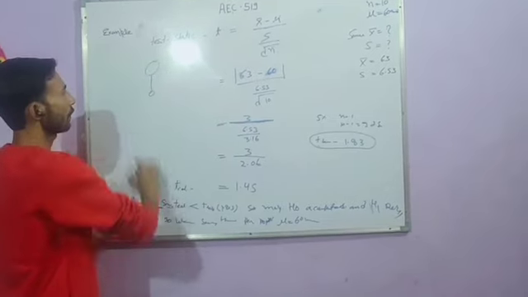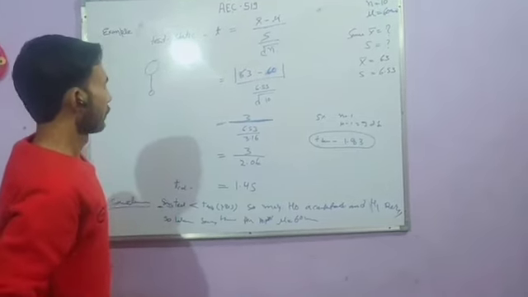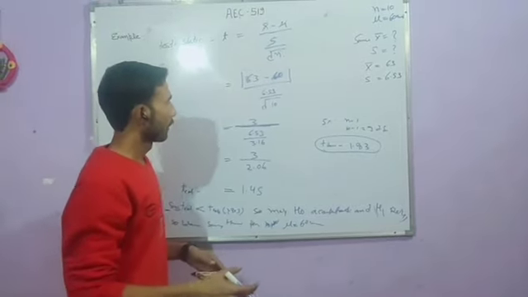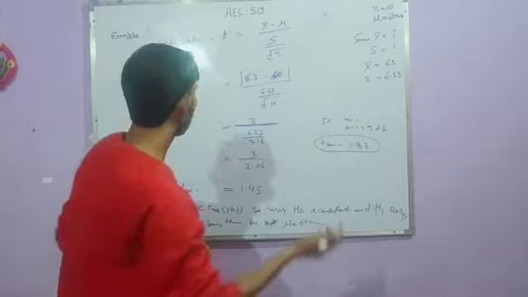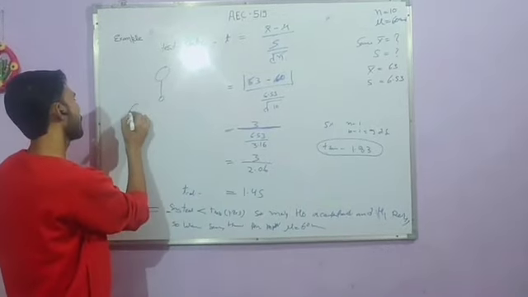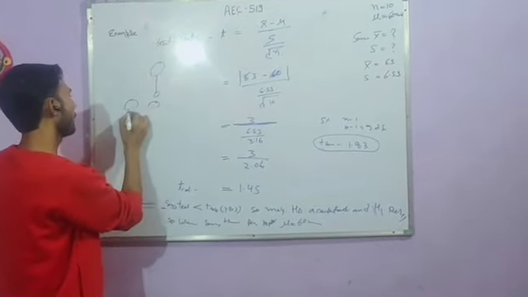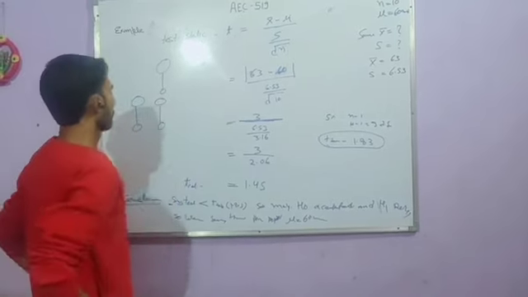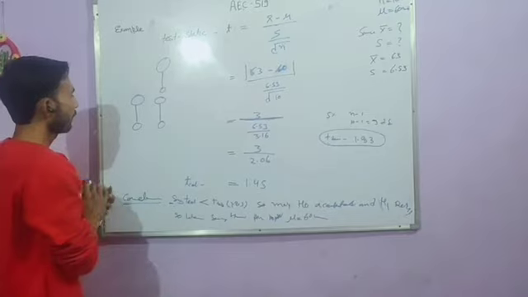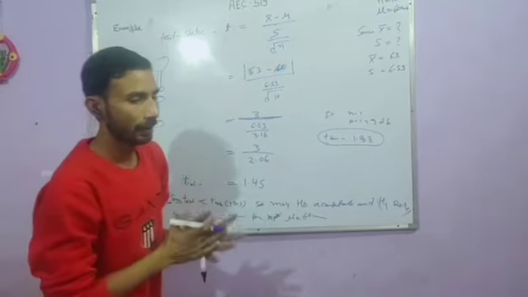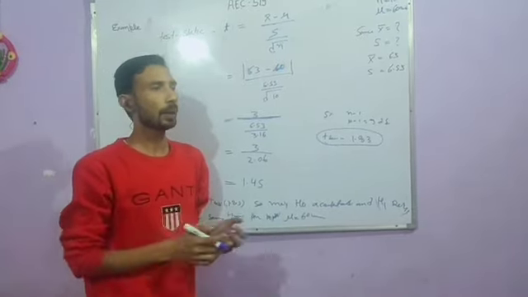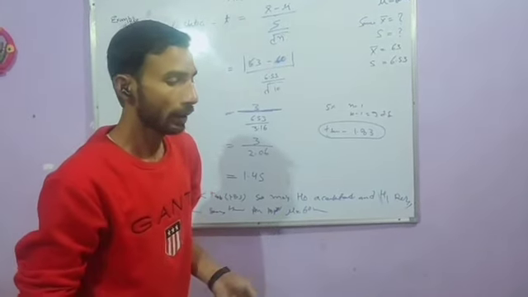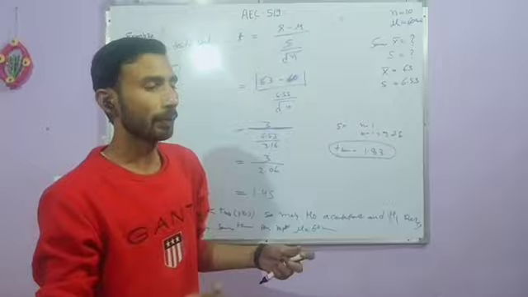Okay, so now we discuss the next case, where two samples are drawn from two independent populations. Here we use the t-test for difference of mean. This is also called the Fisher t-test, the Fisher t-test for difference of mean.